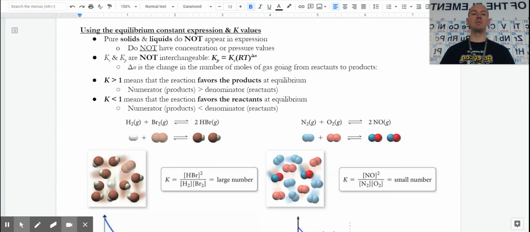When K is less than 1, it's because our bottom is a big number, the top is a small number. In that case, we have more reactants, or this reaction, we could say, does not very much go to completion or lies to the left. So we're going to look at that in terms of some graphs, some equations, and some particulate diagrams here with